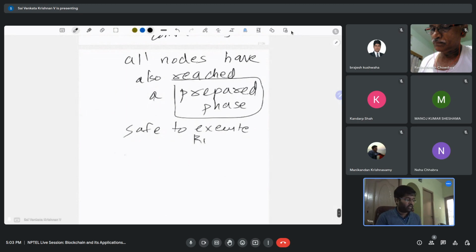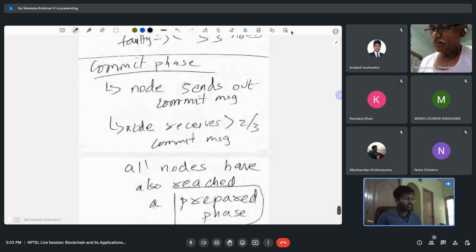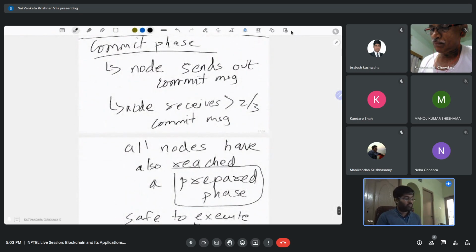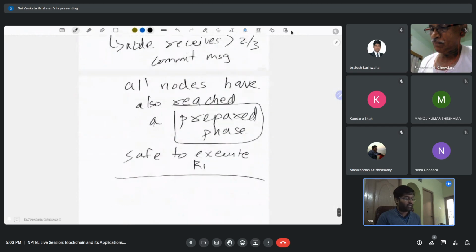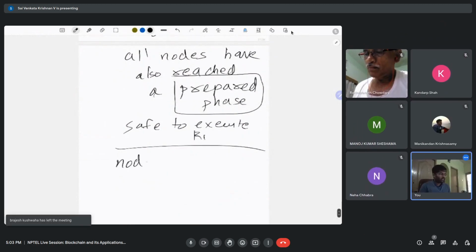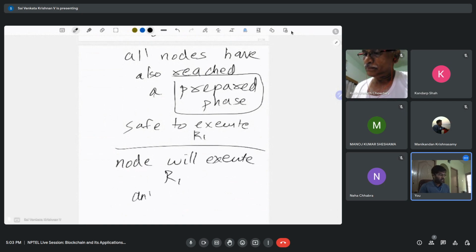Once a node has received more than 2/3 of the commit messages, the node will execute R1 and return the response to the client,